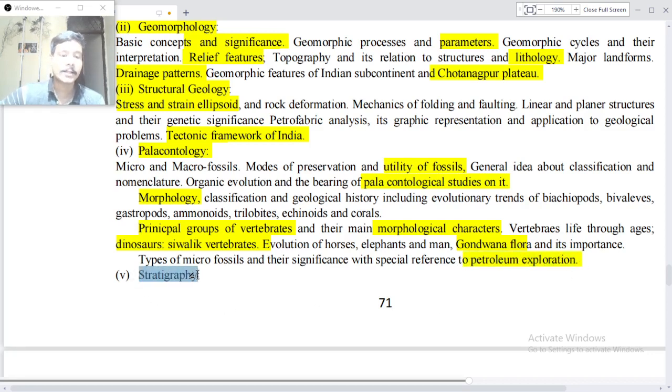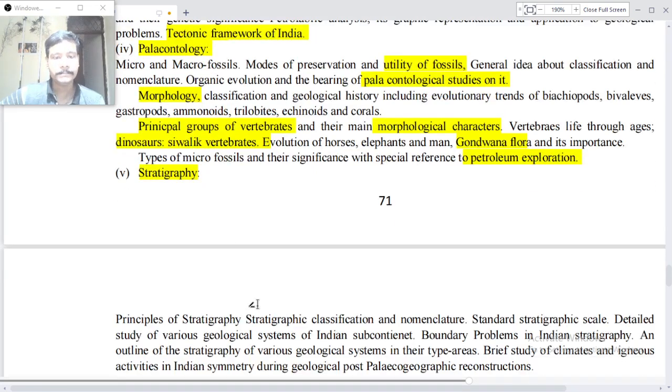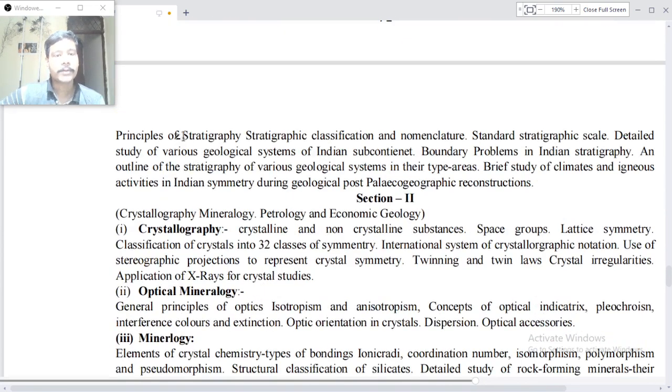Now point number 5, stratigraphy. Principle of stratigraphy, stratigraphic classification and nomenclature, standard stratigraphic scale, detailed study of various geological systems of Indian subcontinent, boundary problems in Indian stratigraphy and outline of the stratigraphy of various geological systems in their type areas, brief study of the climate and igneous activities in Indian subcontinent during geological past, oceanographic reconstructions. Now section 2,